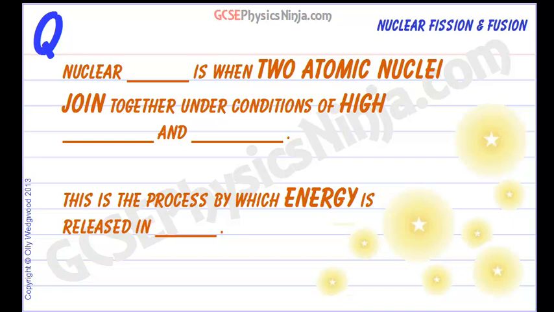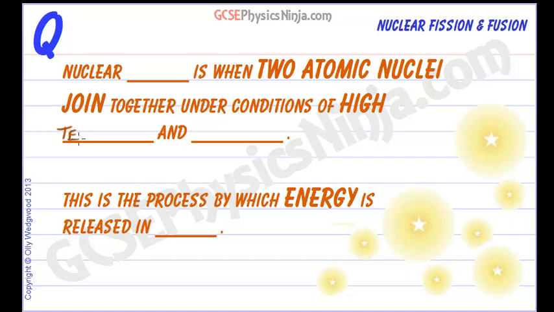We've been talking about nuclear fission, which is the splitting of a large nucleus into two smaller fragments, which releases a lot of energy, and we can use that energy to generate electricity. Now, the opposite to fission is fusion. And this is when two atomic nuclei, such as hydrogen, quite light, small nuclei, join together under conditions of high